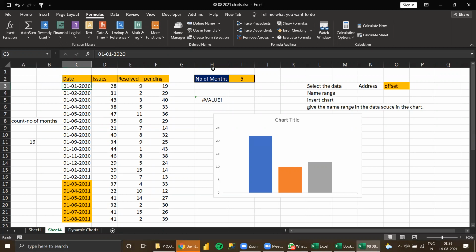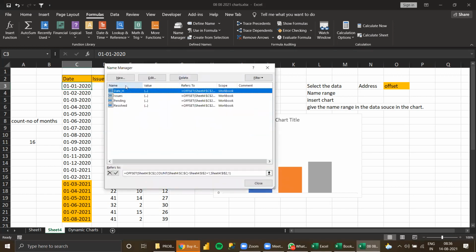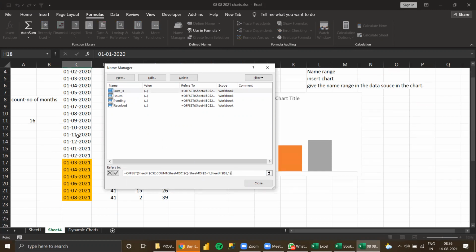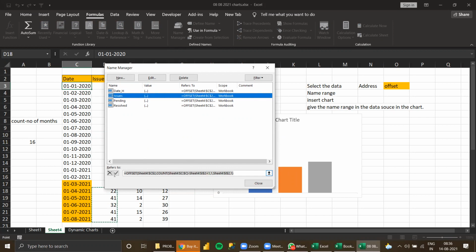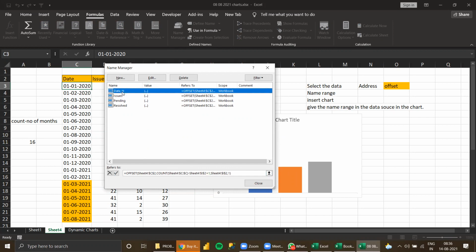Just a minute. I need to relook at the formula. This first formula is not correct. Okay, so I'll take the second formula. I need to change it. The first thing was, I made a mistake.